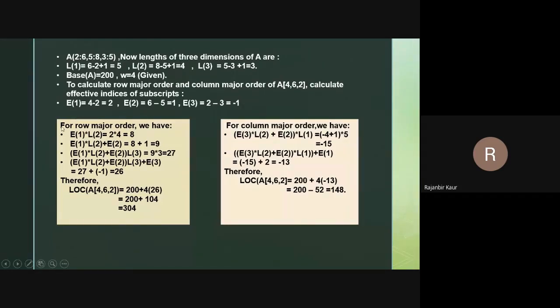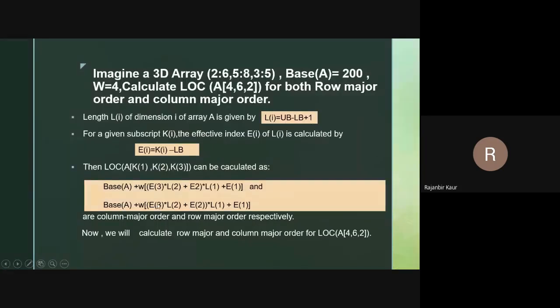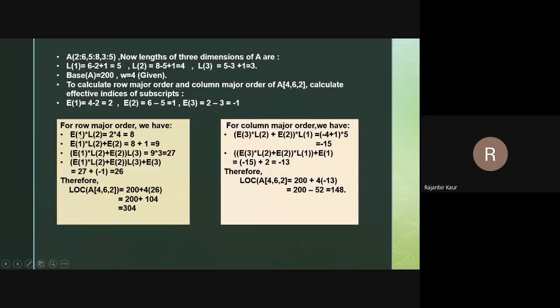And here, to calculate the row major order, we need this data. Therefore, as in the previous slide, in row major order we need E3 into L2 plus E2 into L1. We need all this data. Therefore I have calculated this by using E2 and L1, L2, all these. And after substituting these values in the formula as mentioned in the previous slide, I got row major order as 304. And similarly for the column major order, after substituting the values of effective indices and lengths, I get